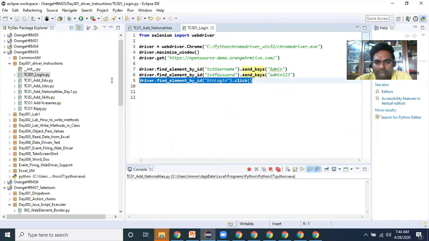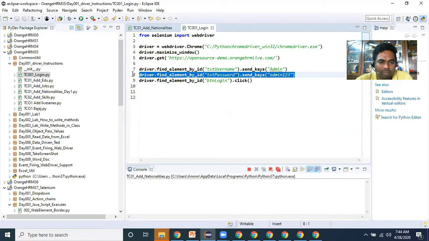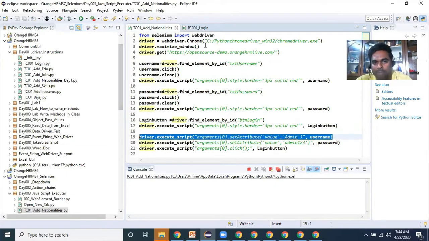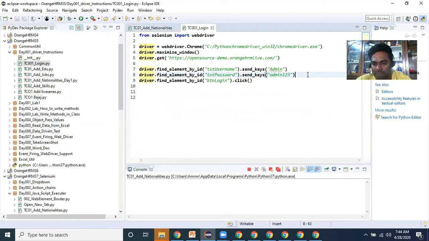Even though you have written correctly, that click operation is not working, or the sendKeys operation is also not performing. In such cases, the same line we can write like this. So the JavaScript executor is the alternative approach.